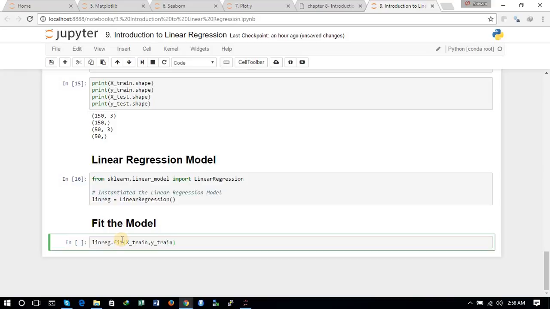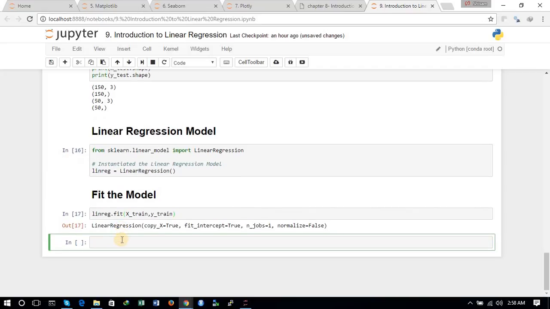Now we will just fit it. So we have just built a linear regression model and fitted it, and now we will